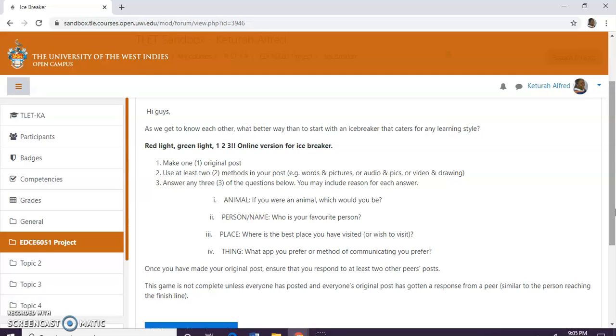And then third, they had to answer any of the three questions there, and it's based on an animal, person, place, or thing. So there's a combination of two concepts from our childhood games, creating a new version of something for an icebreaker. All right, and I'm very proud of this also. So basically, this activity also helped me learn how to be creative and make your own icebreaker for the online environment, maybe even starting with things that the students are familiar with, so that they'll be more interested to actually participate.